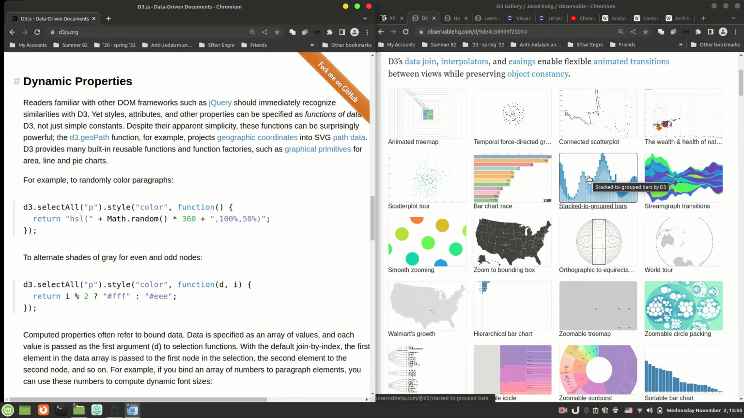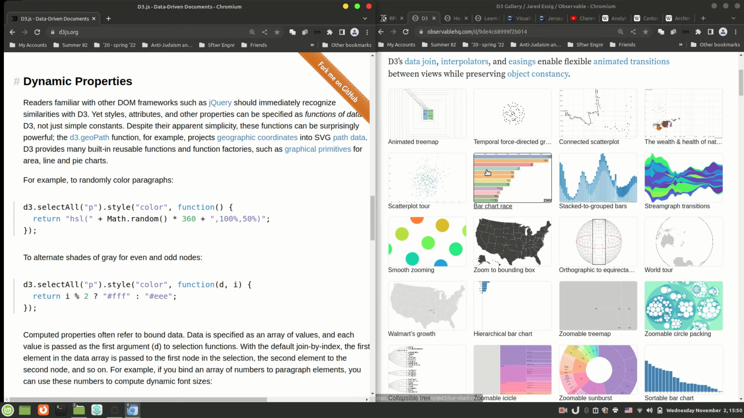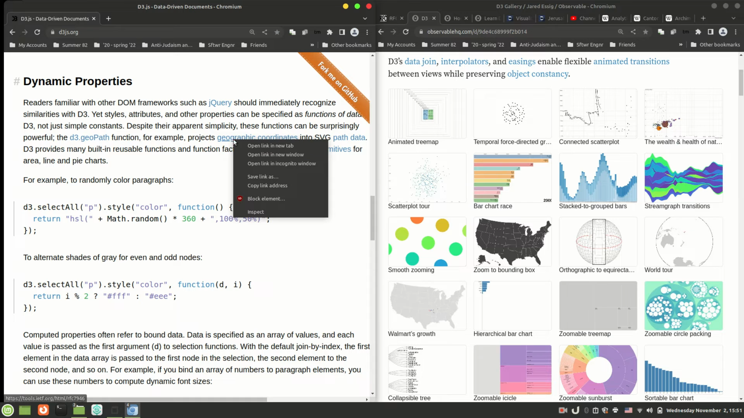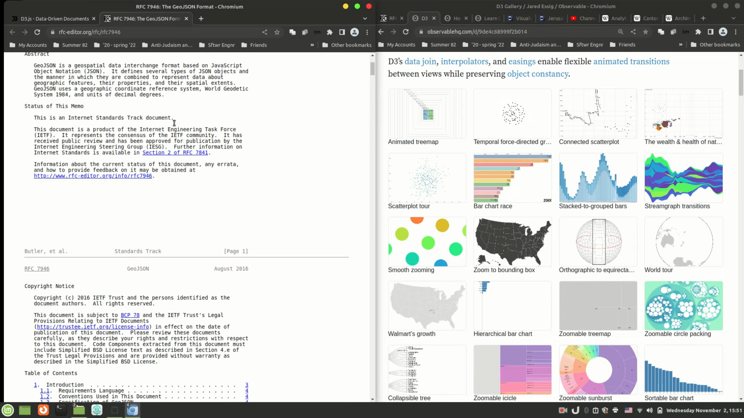We use CSS. So we use the selectors that we learned to select nodes from the document object model, SVG elements, and then we dynamically change the attributes and properties of their CSS. Despite the apparent simplicity, these functions can be surprisingly powerful. For example, the geopath function projects geographic coordinates into SVG path data, GeoJSON format, for example. That's what enables us to do these